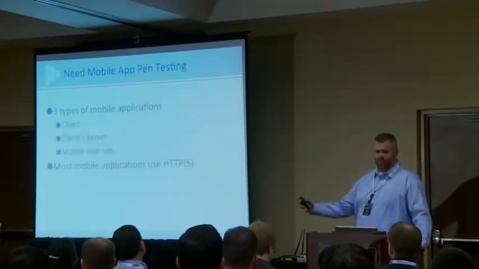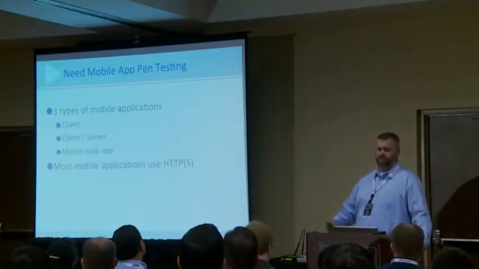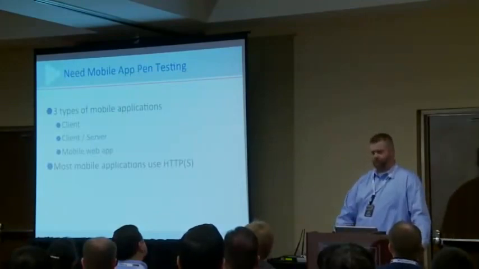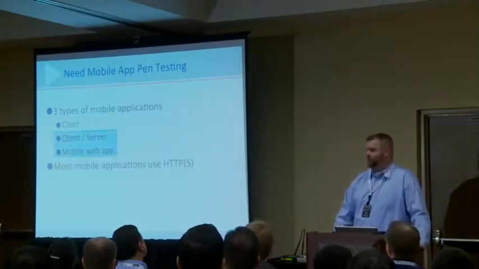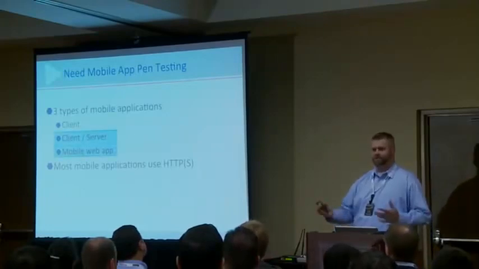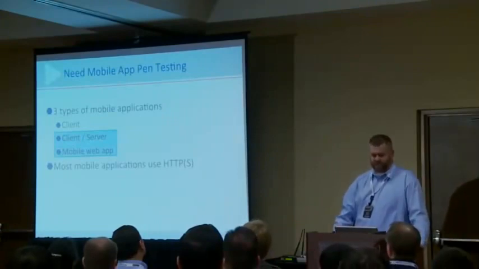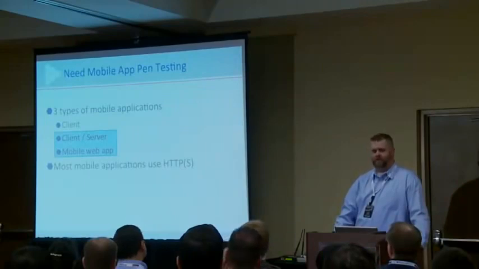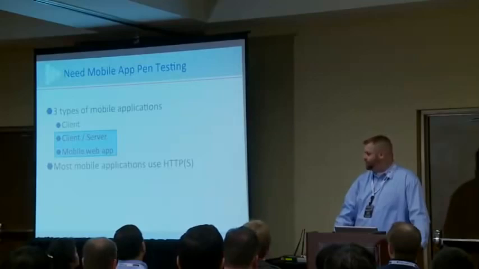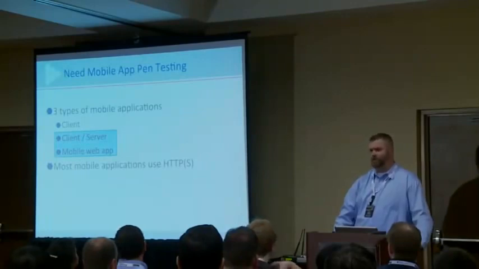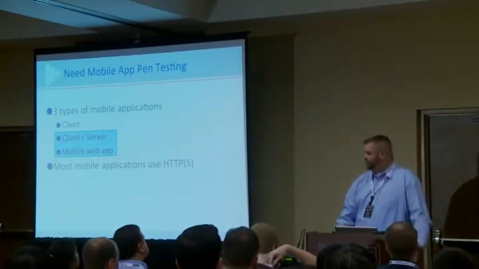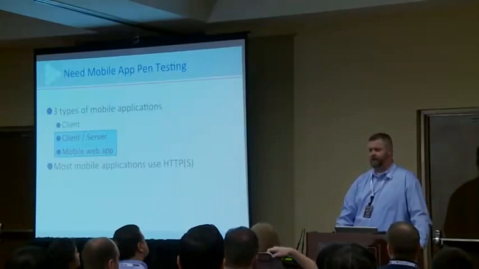So these are the 3 types of mobile apps, real quick: client-server, mobile web apps. Some people might say that those two are kind of one and the same. I like to split them up because there are little differences here and there. But today's talk is really going to focus on the traffic. Most of the apps that we look at and do pen tests on use HTTP or HTTPS. And there are definitely issues when it comes to trying to proxy these apps. More so on the Android side, and Dan will get into that, than iOS, but there are also some things on iOS that we've seen recently that have caused issues.